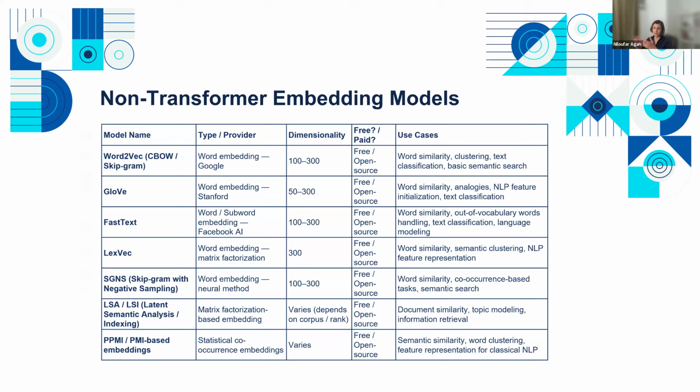So this is an example of some non-transformer embedding models. They are lightweight and fast. They can run on CPU with minimal memory. They're very easy to use and not that complicated. And some of them, to some extent, can capture basic semantic search, though poorly. For example, word2vec